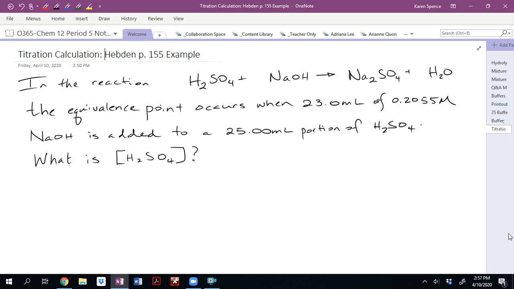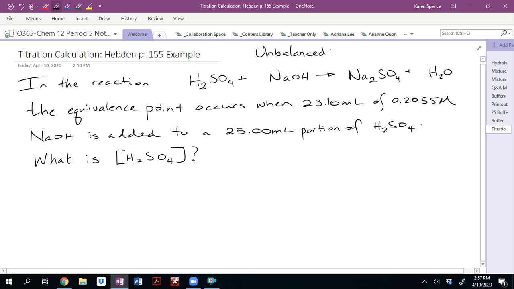Oops, and I forgot one right here. That's a 23.10 milliliter portion. Okay. The first thing to realize is that if you look at that equation, it is